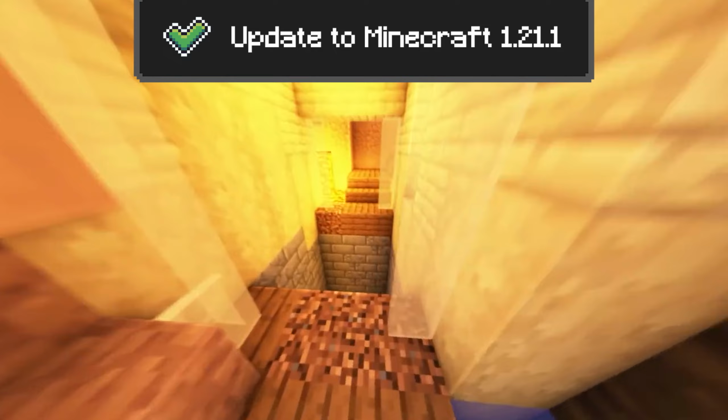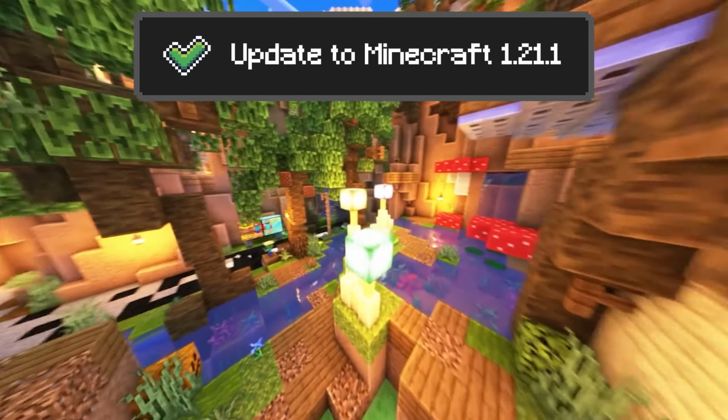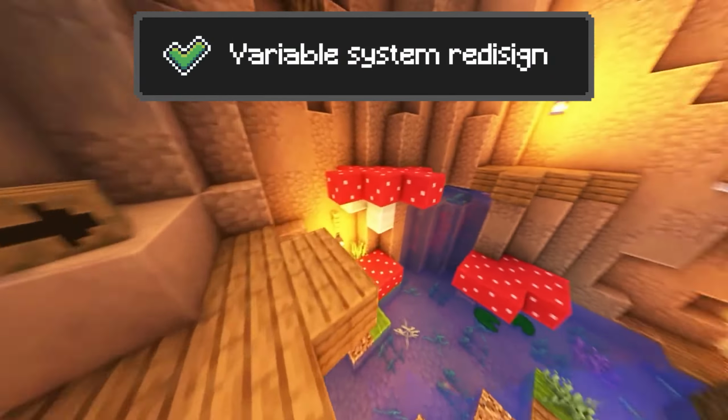So, it's been a while. But recently, I made a small update to my mod that lets you create storylines or scripts directly inside Minecraft. Meet StoryScript 0.2. In this update, I completely rewrote the codebase, updated everything to Minecraft 1.21.1, redesigned the variable system,